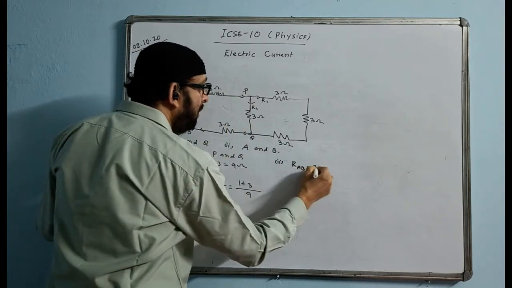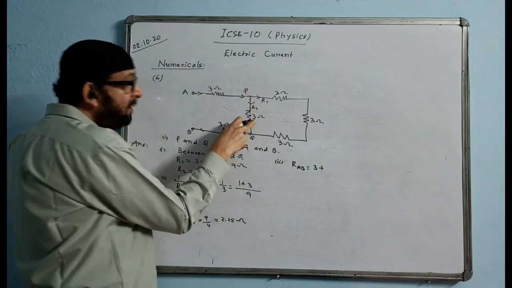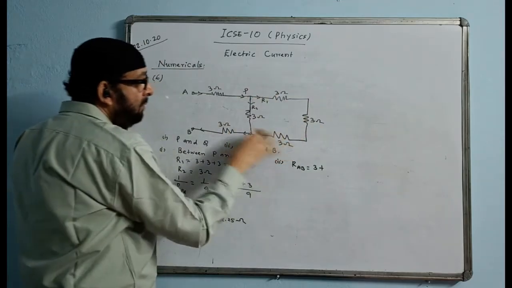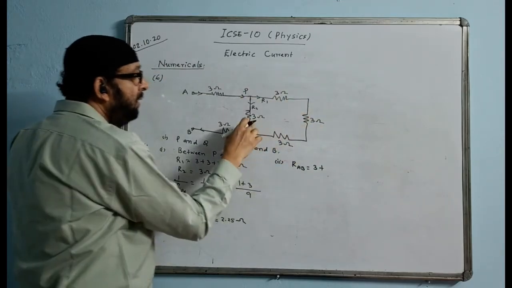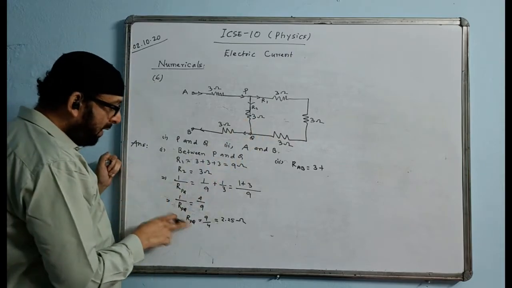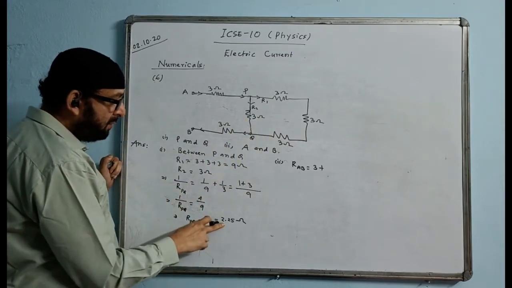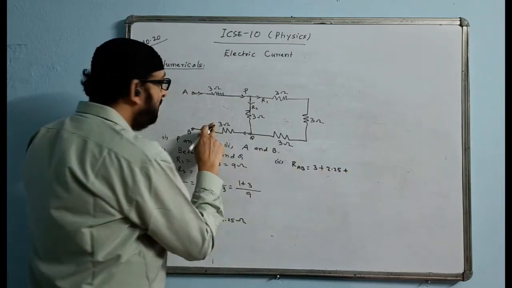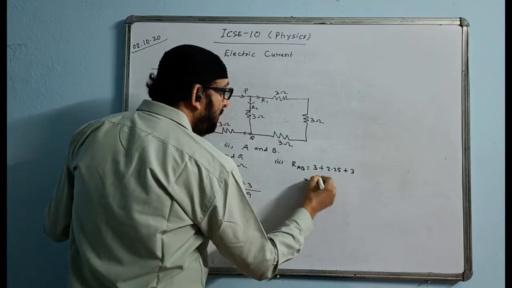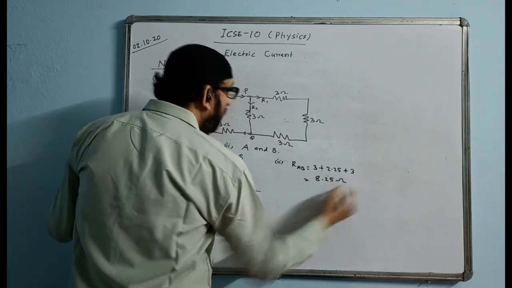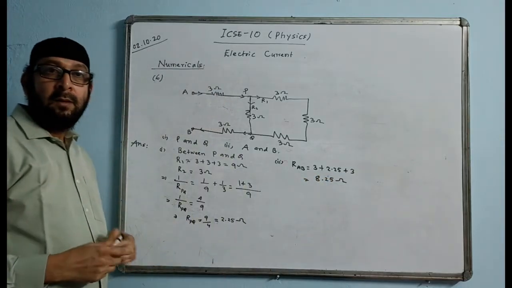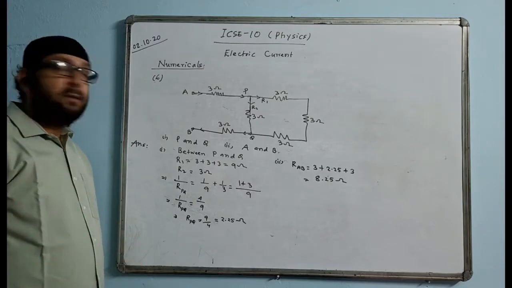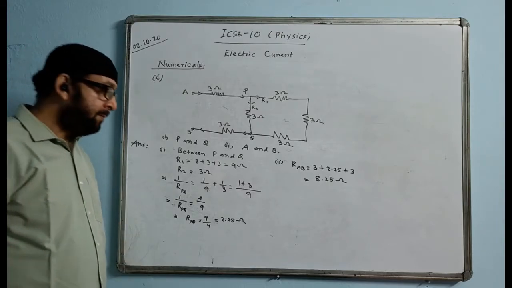This is 3 ohm plus the PQ value. We will not take 3 for PQ because this is all included, these three of them are also included with it. That is, the value of total RPQ we are finding. What is the value? 2.25. You have to take 2.25 and this value 3. The answer will come 8.25 ohm. That is it. So that is the answer for this question.